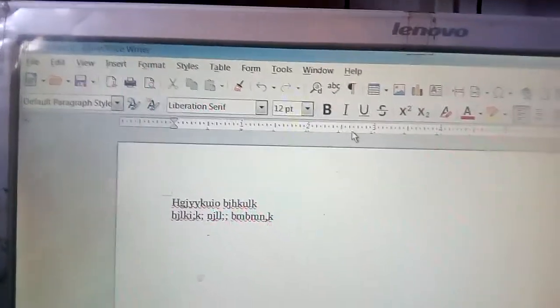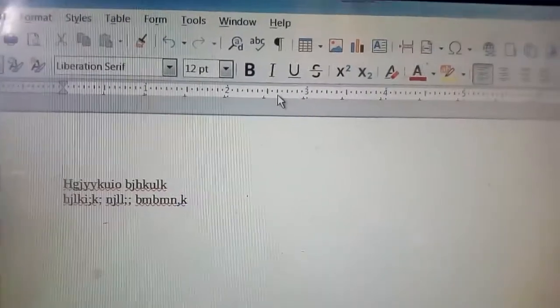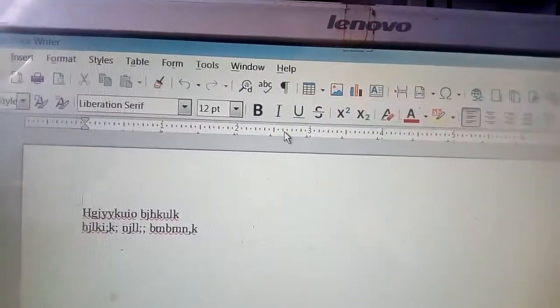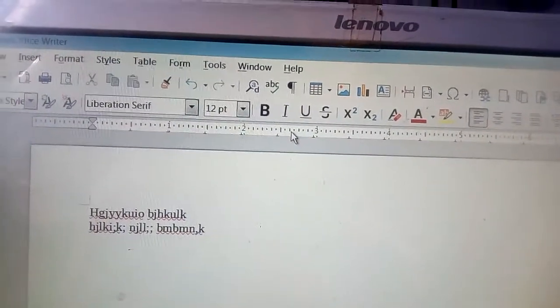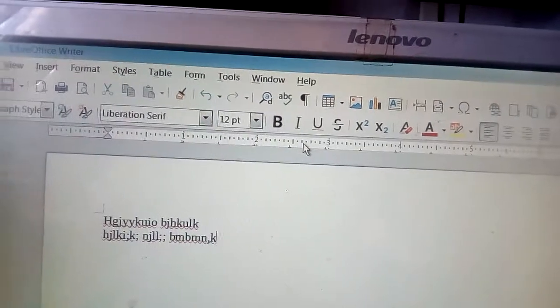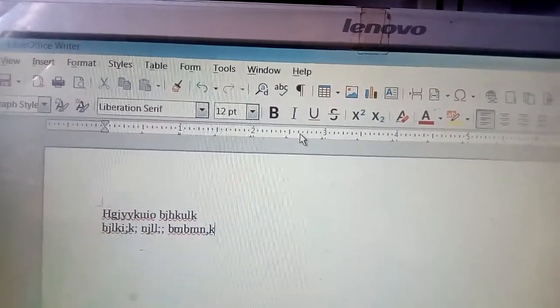Now next one is the ruler line. Okay, where you can see the rulers 1 2 3 4, that is a ruler line. So here by which you can set the tab stops and indents at a particular place in a line. So this is used to actually measure the page width, right?